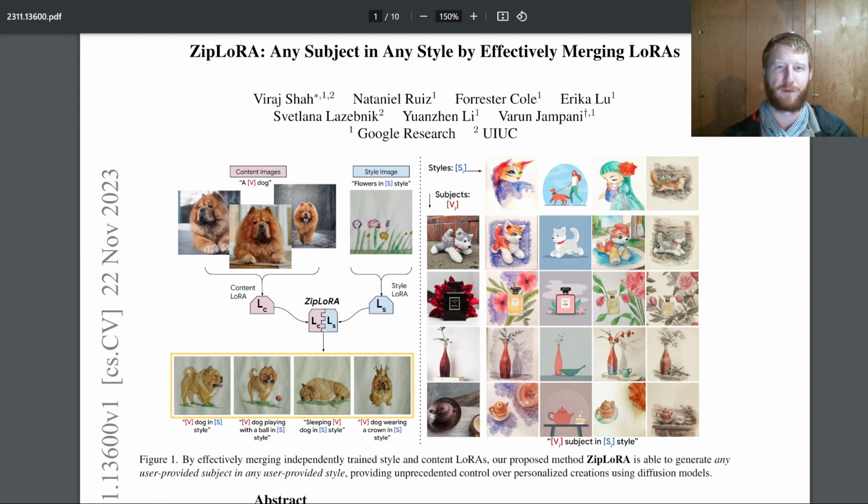In today's video I thought we'd take a look at this new method from Google and UIUC, ZipLoRA: any subject in any style by effectively merging LoRAs. They claim that you can take some user-provided images of some subject and one or more images of a style and then create really high-fidelity images that capture both of those components a lot better than any existing